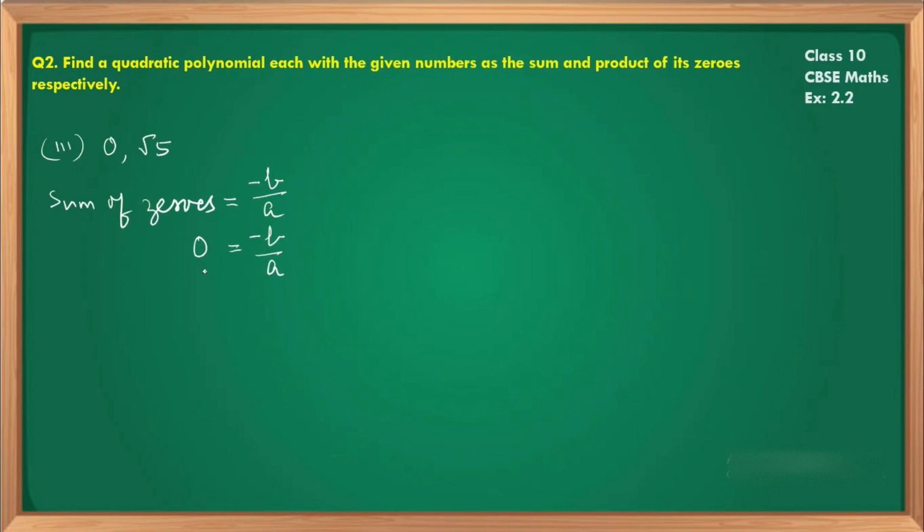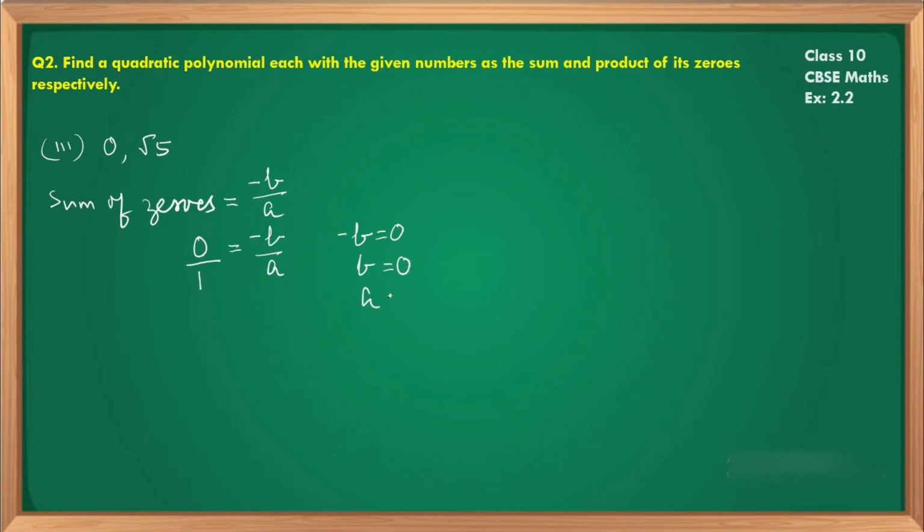Now we don't have anything in the denominator, so you can put 1. By putting 1, the value of 0 remains 0 only. Now the value of minus b is equal to 0, or b is again 0. As I said, even if you transfer the minus to this side, 0 doesn't accept it, so the b value is 0